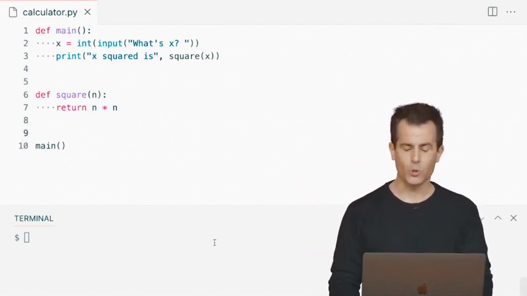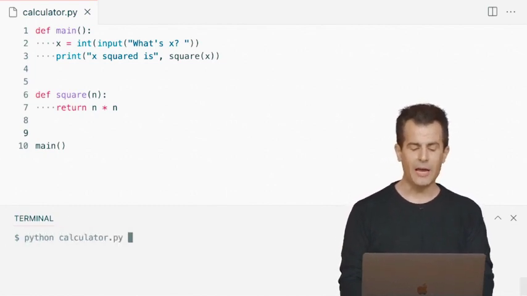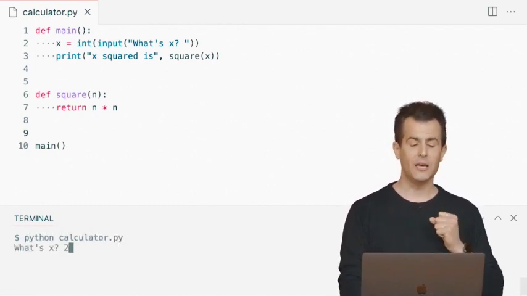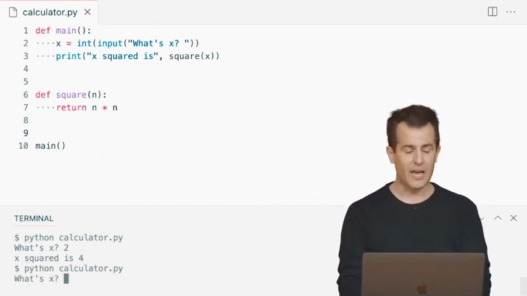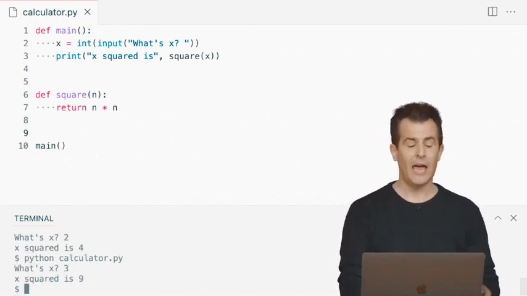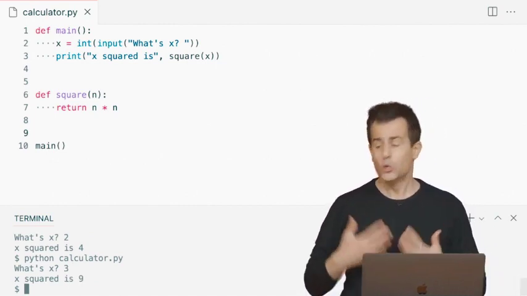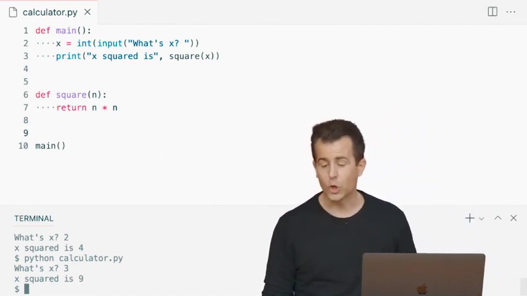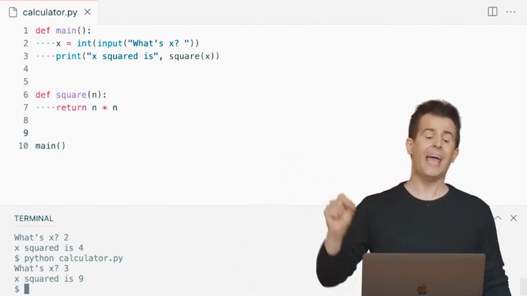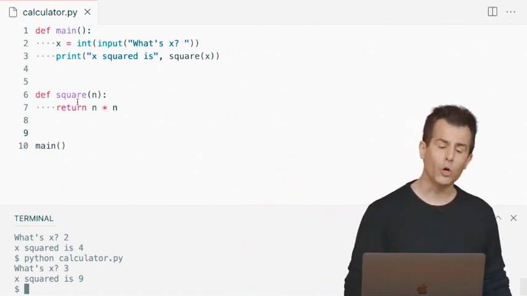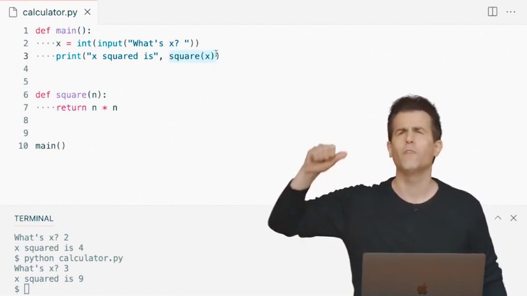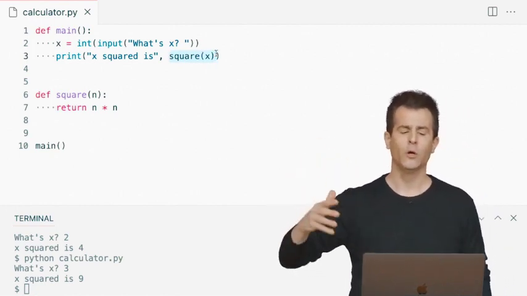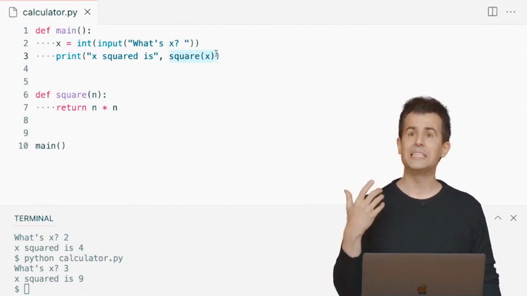When I now do this, watch what happens. python of calculator.py, enter. x, say, shall be 2. x squared is 4. Let me go ahead now and say x is now 3. x squared is now 9. So I've implemented my very own function that returns the square of a value. And because I'm using the return keyword, that ensures that I can pass the return value of this, just like the return value of input or int or float, to another function, like print instead.